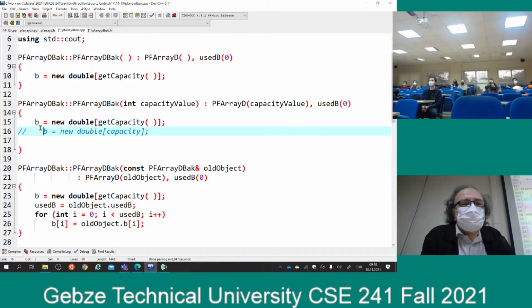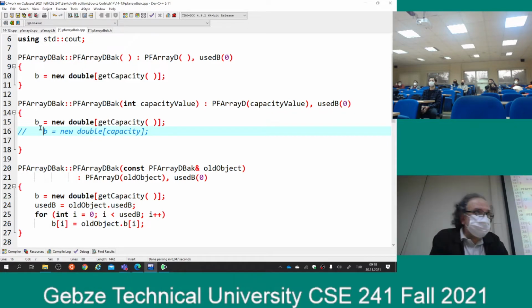Okay, line 15 is a much better line than line 16. Both of them would compile, but line 15 is the way to go, okay? That's why some people ask why we need protected. Because I can live my life happily by using the public interface of the base class. And some other people say no, that's not that efficient. We need direct access to this data, and so on. We are going to see their point when we implement the backup